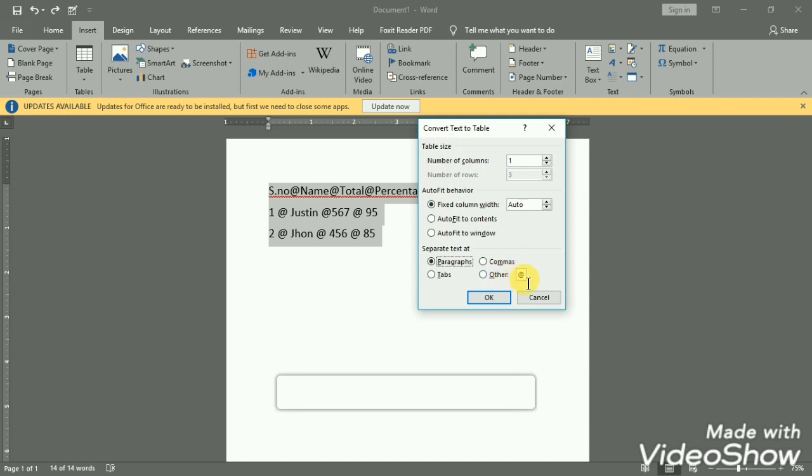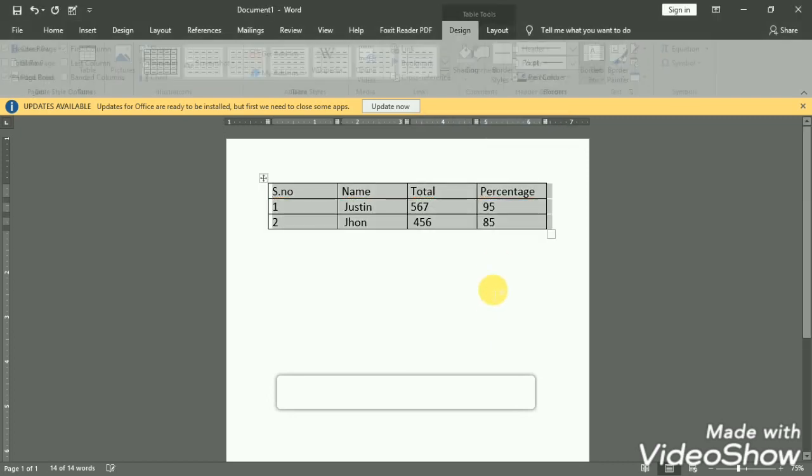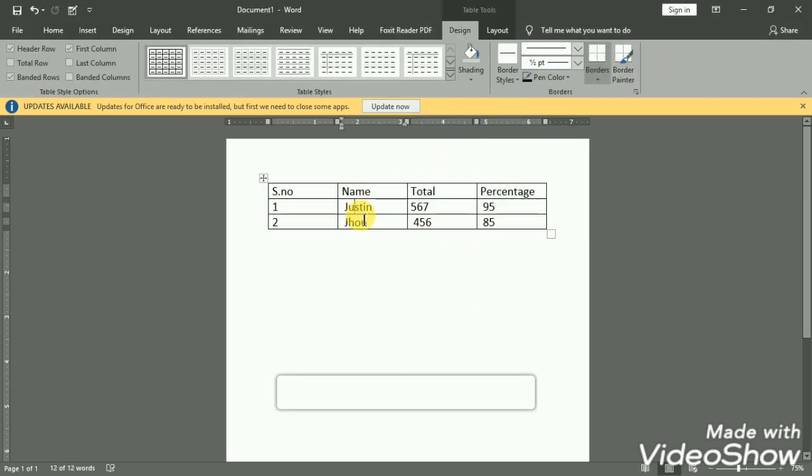So in separate text at, we are selecting other, and I am writing here the at the rate symbol because I have used at the rate. Then we can press OK. Now our text is converted into a table. Like this we can convert the text into a table easily.